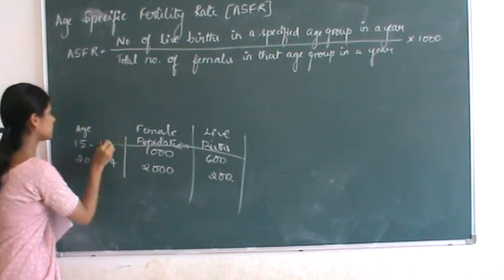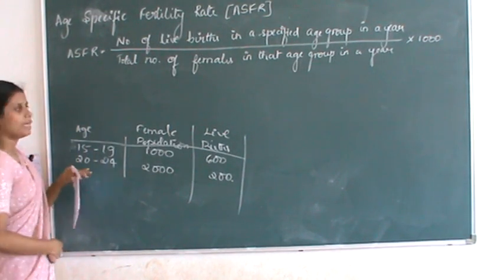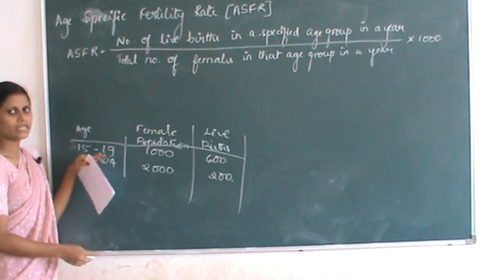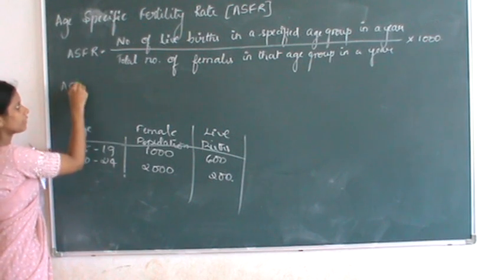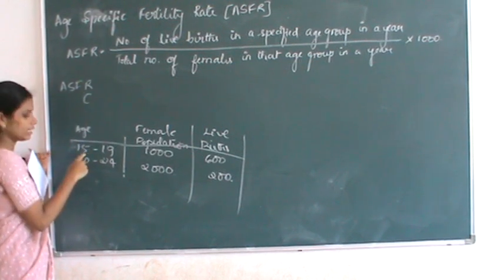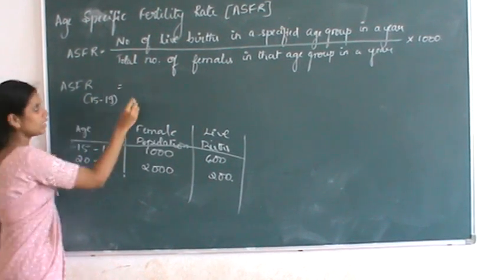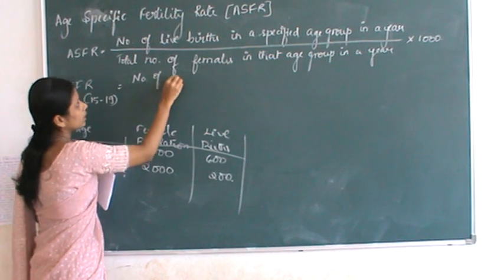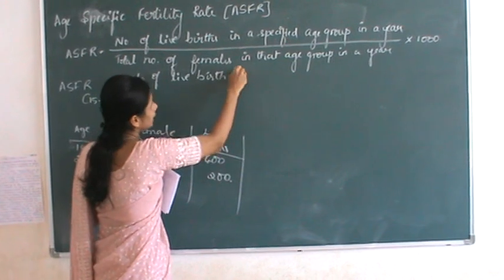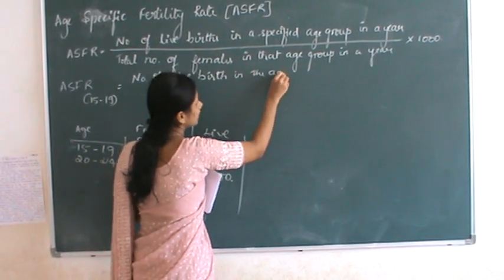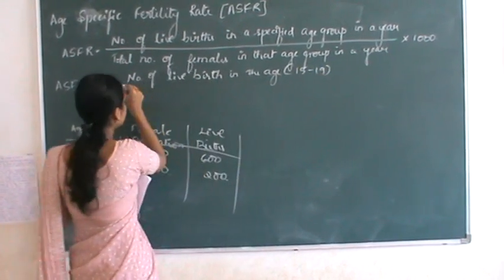If this information is given, now here we are going to calculate age specific fertility rate for the specified age group separately. Age specific fertility rate, if you are going to calculate for the age group 15 to 19, then the formula will be number of live births in the age 15 to 19 divided by